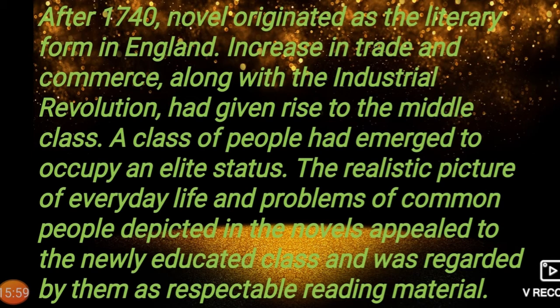Now see what happened. There was a turn in the life of the people, maybe rich people, maybe the middle class. Each and everyone had a turn in their life, as there was the Industrial Revolution in England. So there was an increase in trade and commerce. Time was up and down, and there was no proper schedule in the life of the people. So this gave rise to middle class people, and this class of people emerged to occupy an elite status. And there was a realistic picture of everyday life, what is happening,